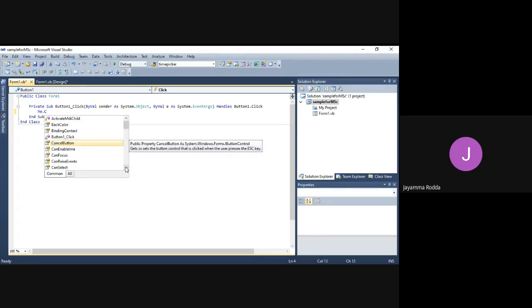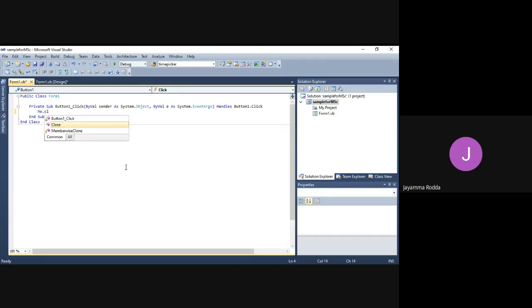Me dot. As I said, this Microsoft Visual Studio, as soon as you start giving some instruction to it, automatically displays a list of properties it contains. So what am I doing? I am applying the Me.Close method, which means, you can see here, Button1_Click.